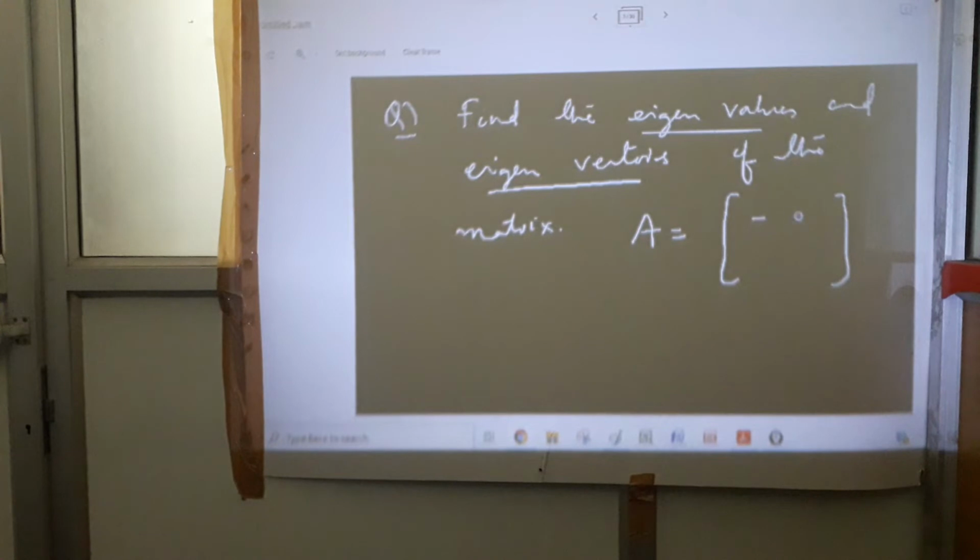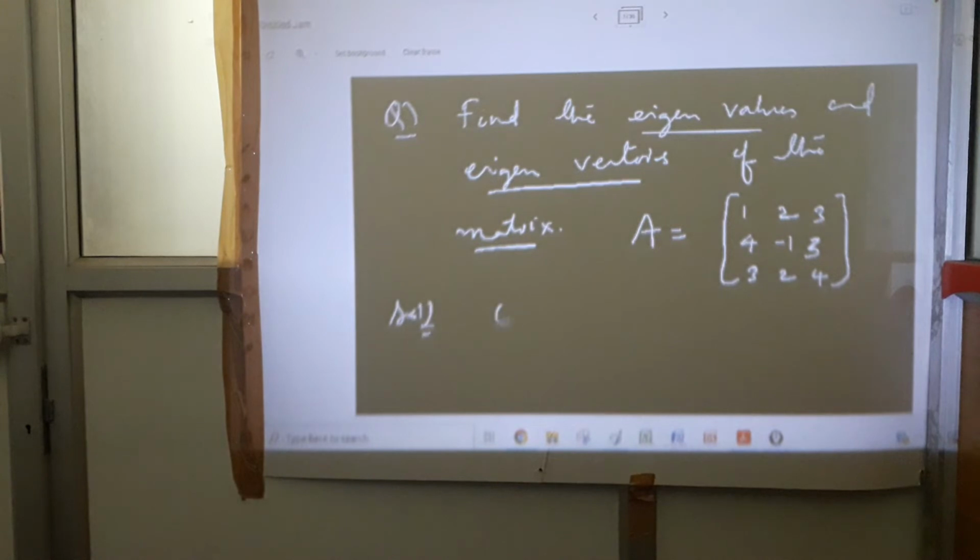So they will give some matrix here. As a matter of fixed discussion, I'm just taking some values here: minus 1, 3, 3, 2, 4. If the question comes like this, then